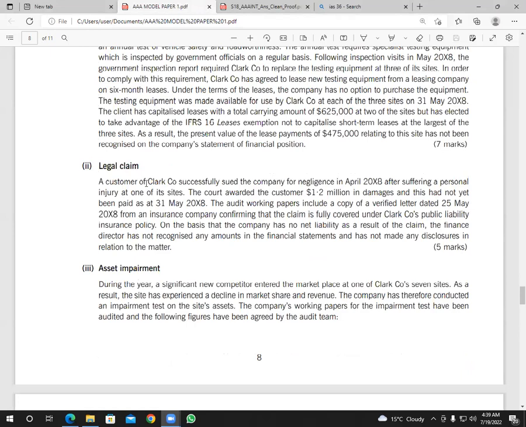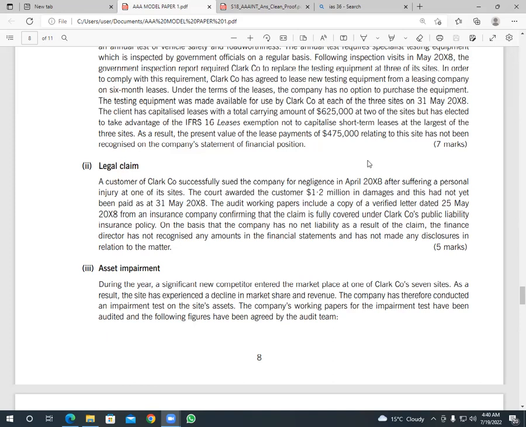A customer of Clark Company successfully sued the company for negligence in April 2018 after suffering a personal injury at one of its sites. The court awarded the customer 1.2 million in damages, and these had not been paid as at 31st May 2018. So meaning that the 1.2 million is an outstanding liability. So if they don't include this 1.2 in their liabilities, it means that the liabilities are